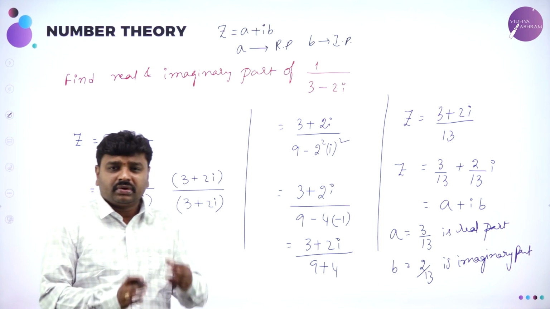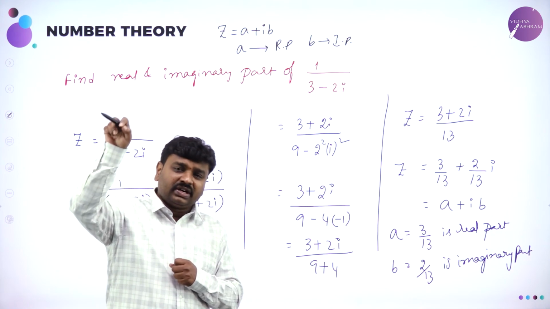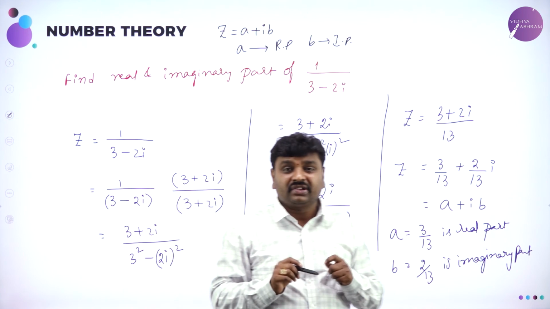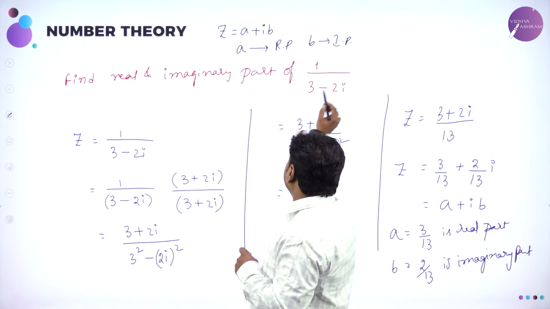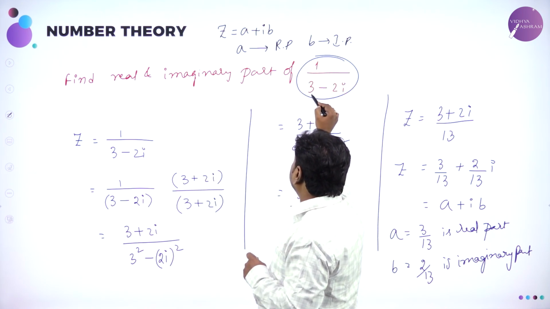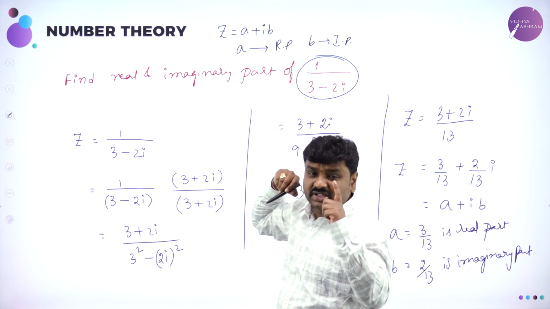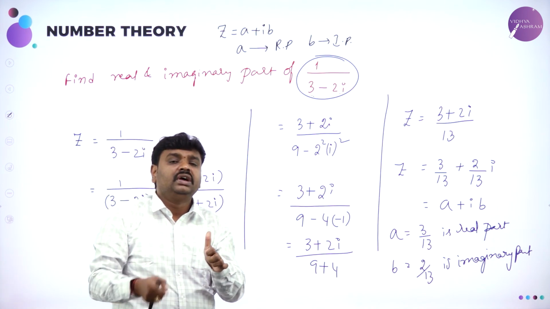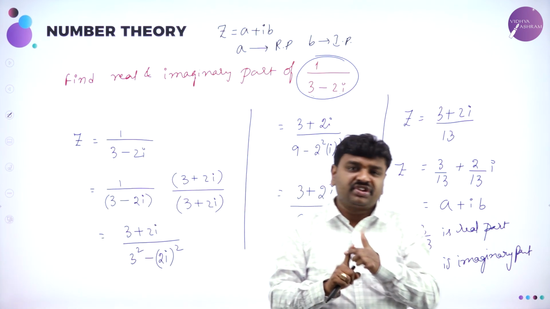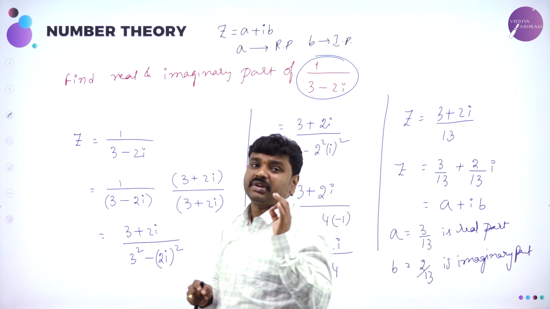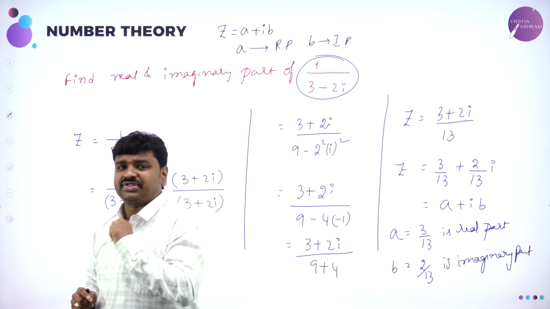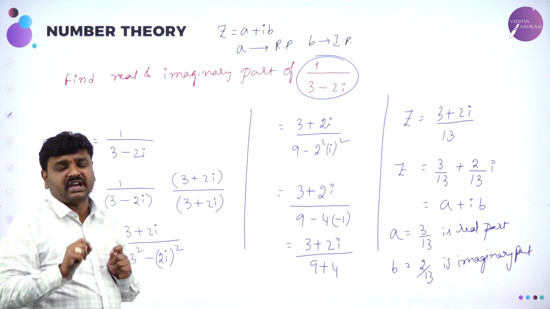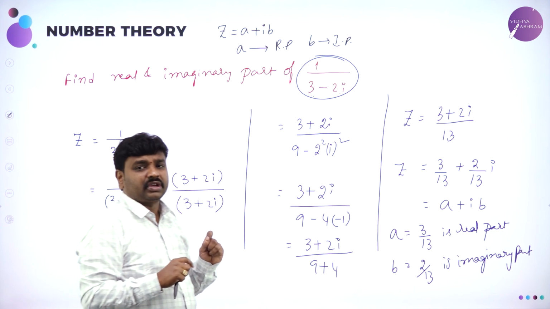So now in today's class, whatever we learned in the last class, that is a plus ib form, we recollected, but in today's class the problems were not in standard form to find the conjugate. If you see the problem, i is in the denominator, always i should be in the numerator and the problem should be in a plus ib form. If you want to find the conjugate or if you want the real and imaginary part, the problem should be in what form? A plus ib form. A is the real part, b is the imaginary part. What is the conjugate of z? If z is a plus ib, z bar is a minus ib. So all those different types of problems can be solved by this.